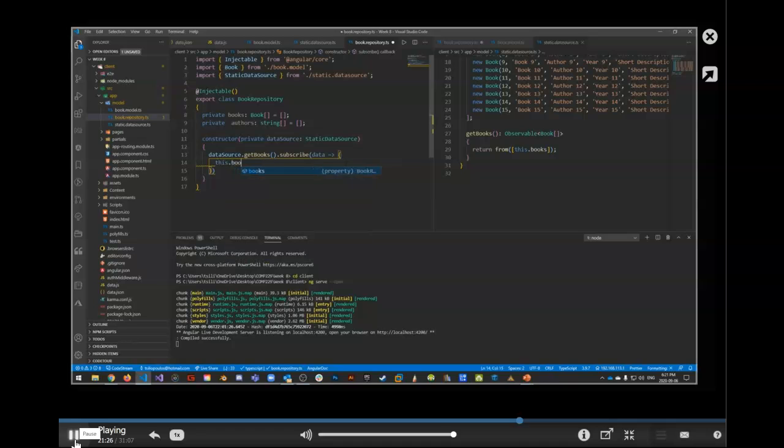And we're going to say this.books is equal to the data. So what this is saying is, take the books and fill it up with the books that we get from the static data source. That's what's happening. And then we're going to say that this.authors is equal to the data.map,